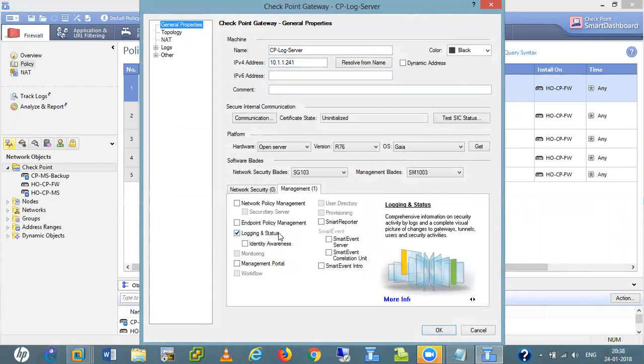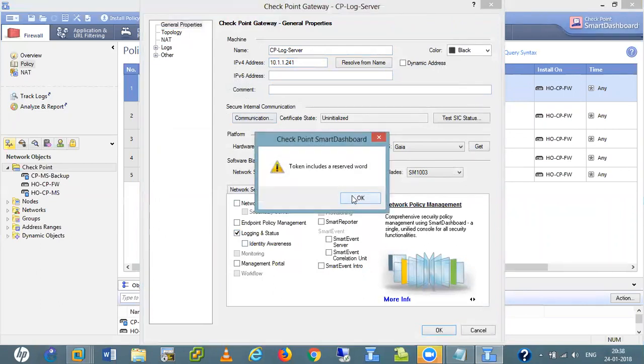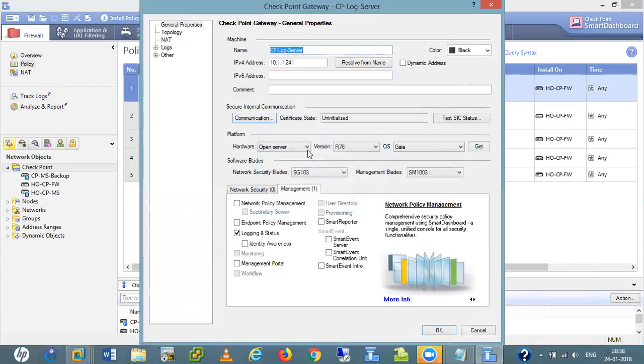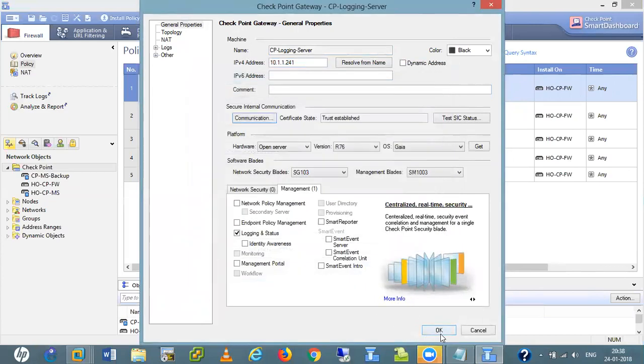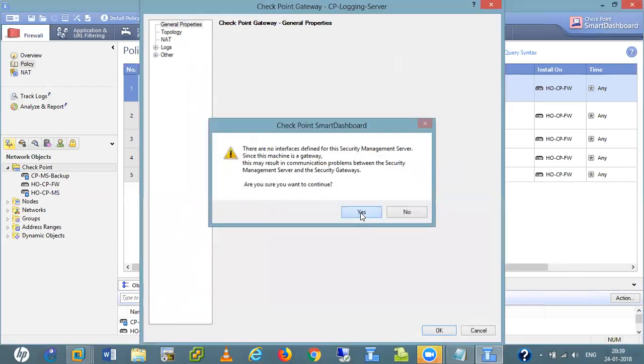So like that, now the thing is we select this one first. After that, you set the secure internal communication. Let me install the log server. See here I give the password ASDFGH. Initialize. Just initialize. Yes.